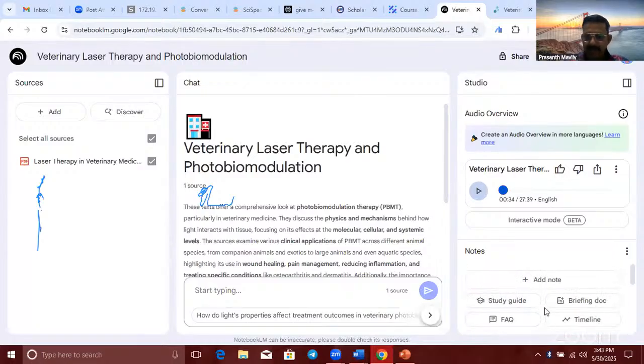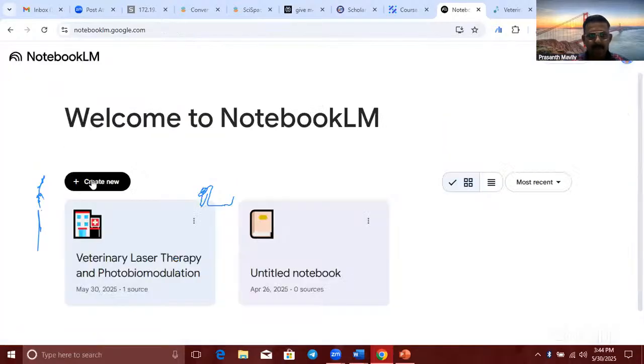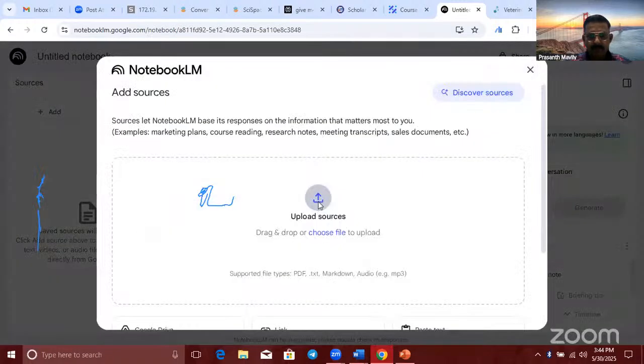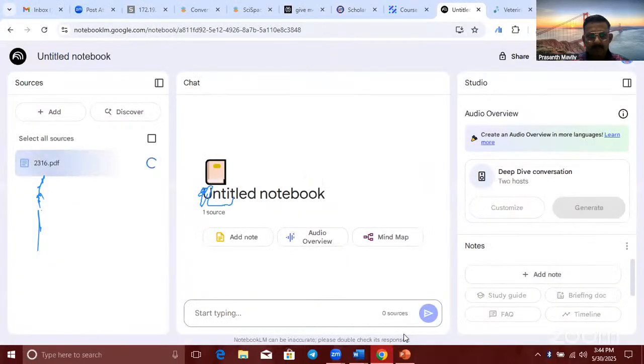It will give a diagram actually. For the time being, we have to upload another source. Let me check. It will take time, that's a problem. I'll upload a small article, because the book is taking so much time.